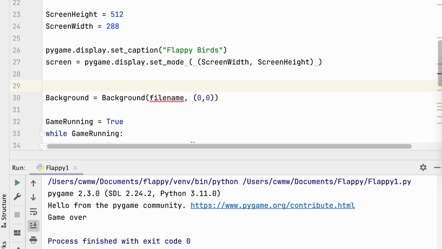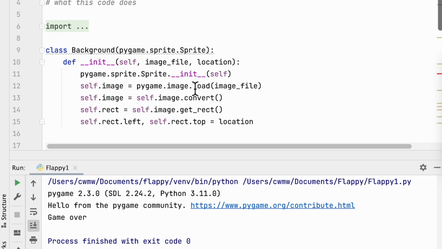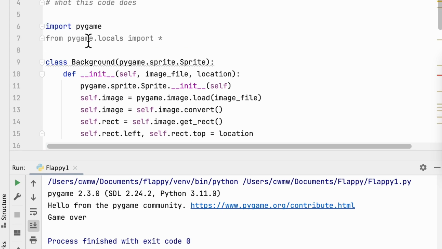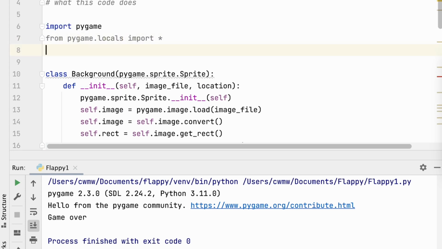We're going to be creating a file name that has that path. Remember, we put those sprites in another folder just to keep things more organized. That's all fine, but we want to be able to use that path in our code. So the way you do that, first thing we need to do is go up here and add an import. And the import we're going to add is